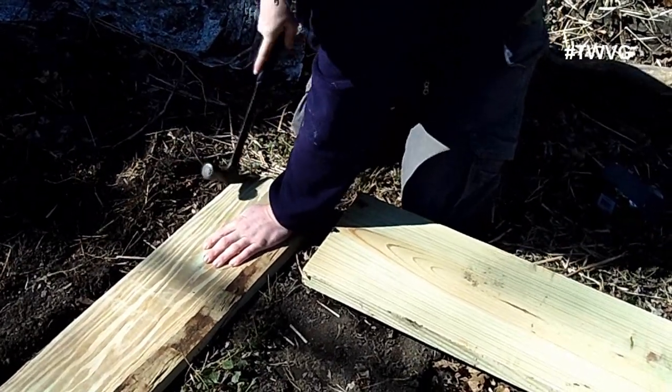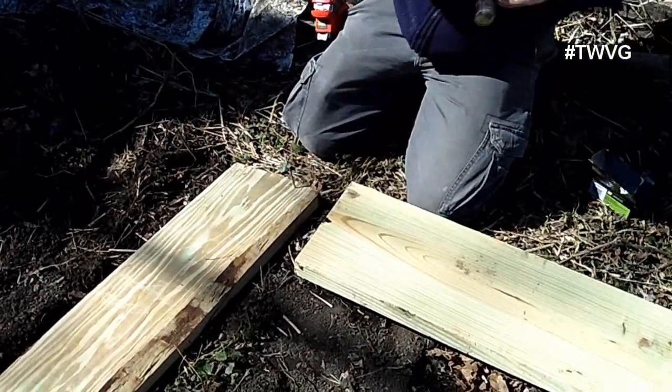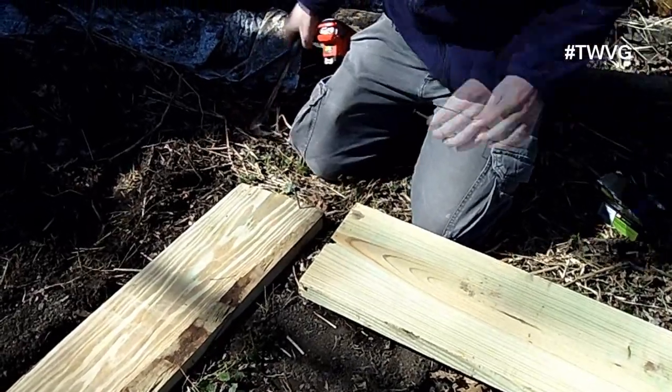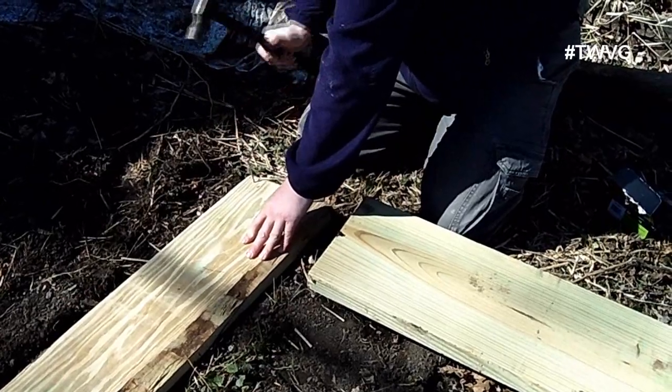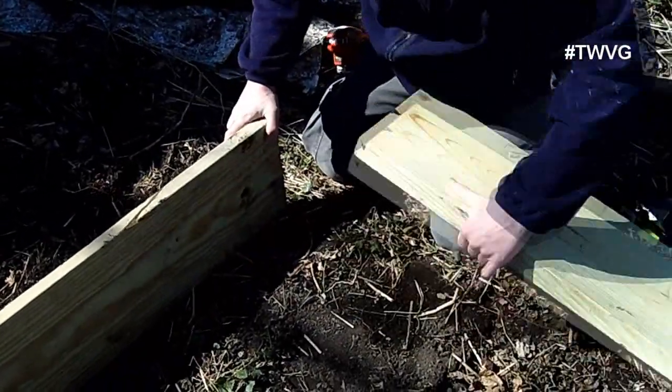And sometimes the nail bends. We'll save that one for something else. Hole's already started, so that'll be easy. Okay. So now we want to